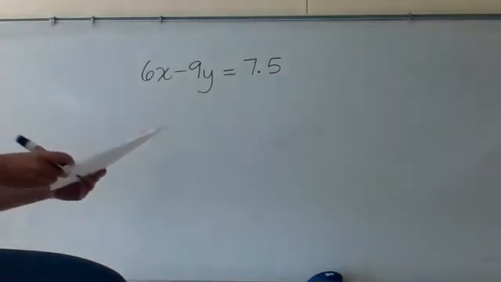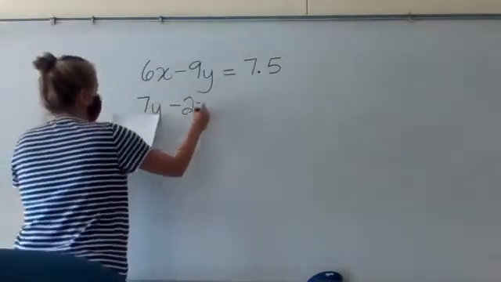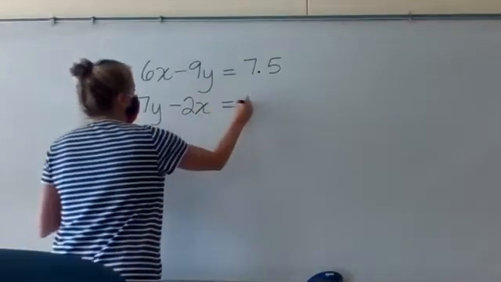The second equation is 7y minus 2x equals